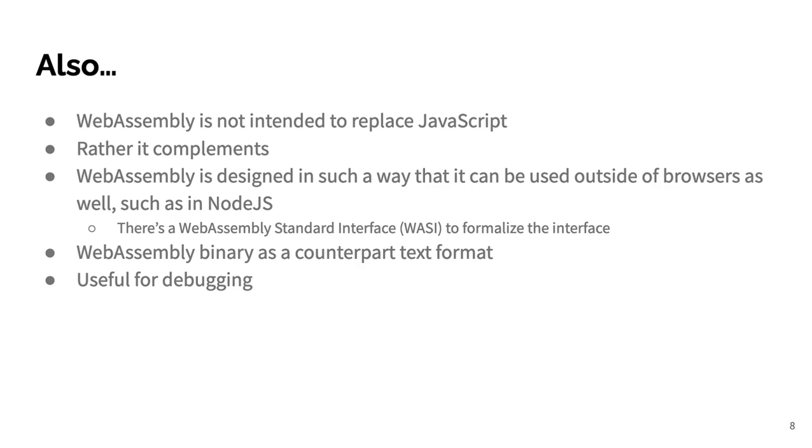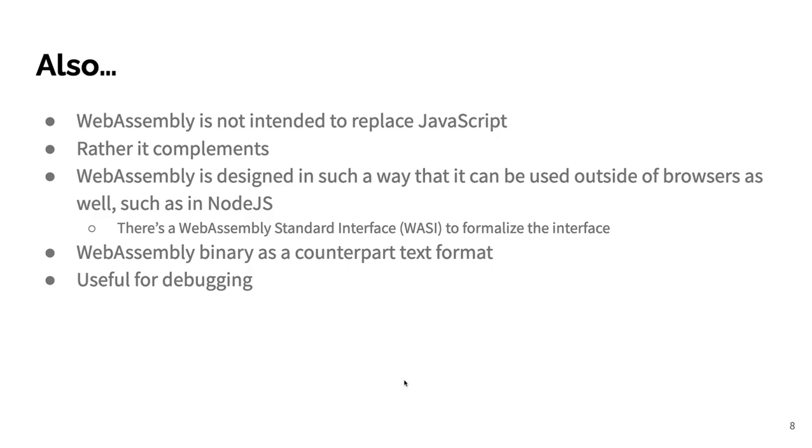And there can be other types of platforms that emerge as well, because there is a standard being formalized called the WebAssembly System Interface. If a platform adheres to this interface, WebAssembly code will be able to run on that platform. There will be more platforms coming up for sure, and only time will answer whether that kind of platform will emerge or not. If that happens, you can write your code in C, C++, Rust, or any other supported language, and then compile it to WASM and run it on a platform that supports this